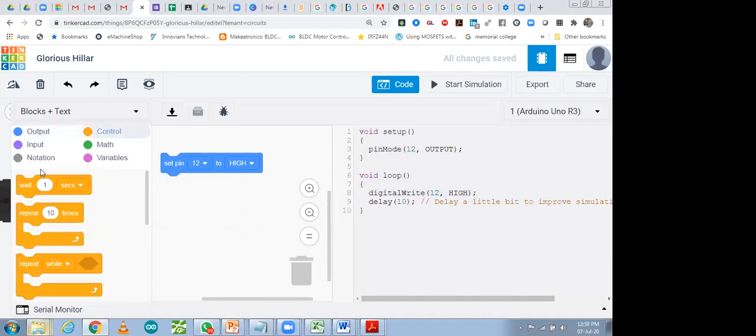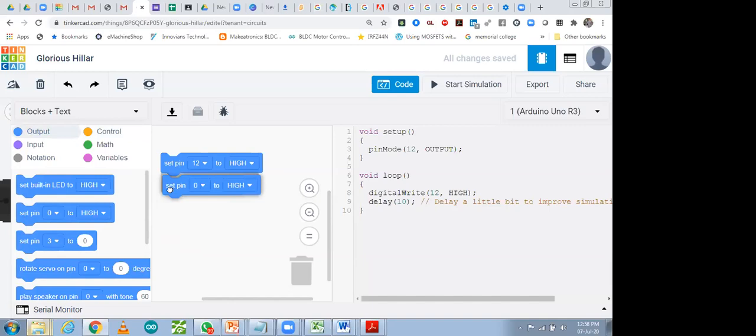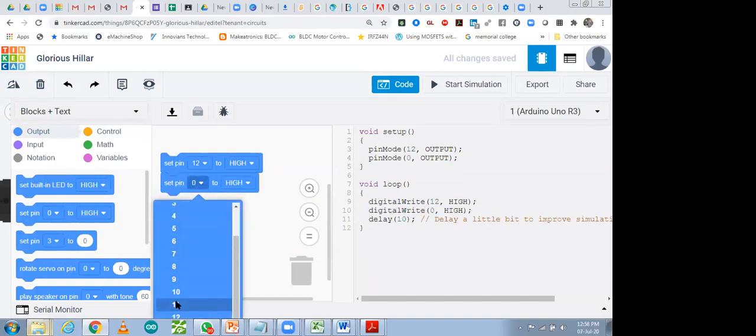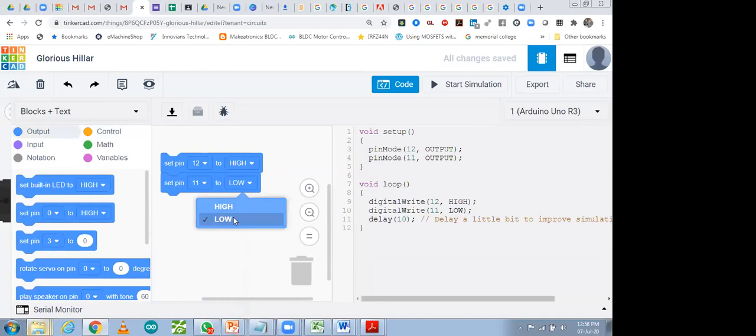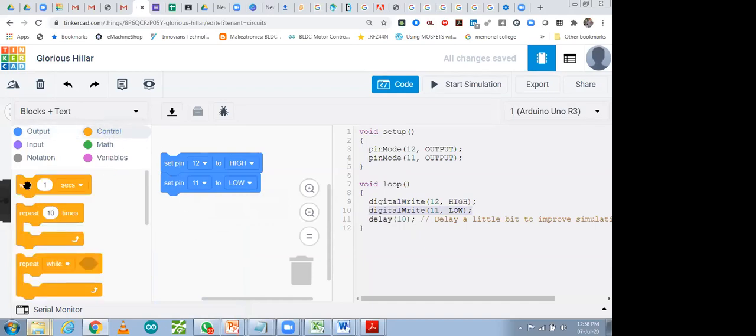After that, go to control. Or if you want to connect two pins, meaning you want to make a pattern of two LEDs, one LED on, second LED off, again one LED on, second LED off, how can you make that pattern with two LEDs? If you want to glow two LEDs, go to output again, take another pin, make it pin number 11 and make it low. After that, you can see pin 12 digital write, pin 11 and low. That is the syntax of embedded C programming. After that, go to control and take this wait.